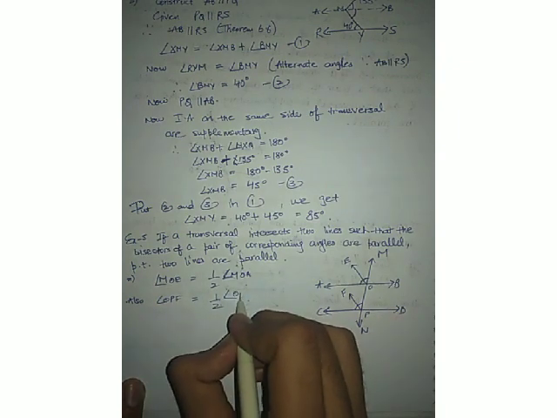Similarly, in the second corresponding angle also, angle OPF is equal to half of angle OPC. We have to prove MOA is equal to angle OPC, because when the corresponding angles are equal, you will automatically find that the two lines are parallel. Now we have written the bisector's function, that it has bisected MOA and OPC into two equal halves.